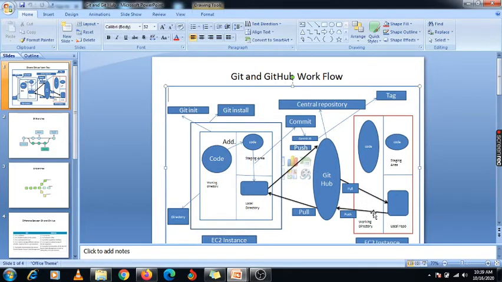First he will work in this working directory. The code which he has pulled from the central repository, first he will modify something, then he will transfer it from the working directory to the staging area using the add command. Then from the staging area to the local repository he will commit it. Once it is committed, from the local repository he can push it to the central repository, right? So this is the process. And again